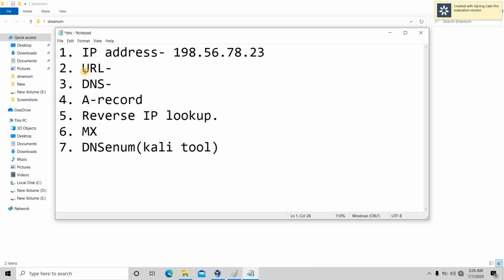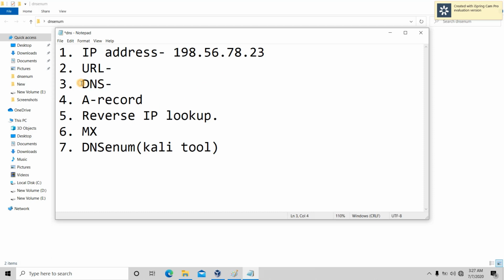Now let us look at the URL. What is a URL? The full form of URL is Uniform Resource Locator. It is actually a web address. For example, google.com or yahoo.com, youtube.com or facebook.com, wordpress.com. So these are the URLs. The URLs are in human readable form. We can read these, we can learn this, like google.com, we can remember this. So these are the URLs, but the IP address of each web address cannot be remembered.